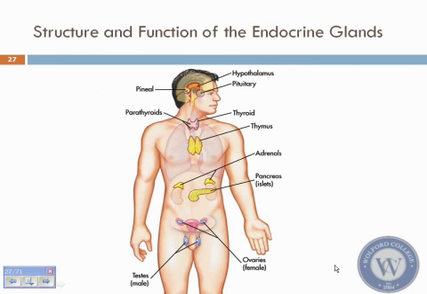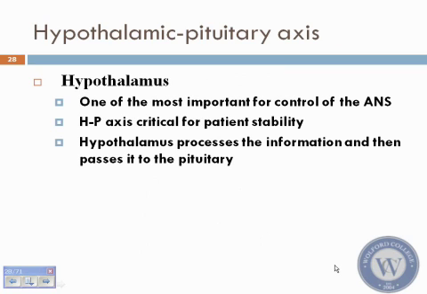Now, the structure and functions that we're going to talk about next is looking at how the hypothalamus, which is ultimately to a certain degree controlled indirectly by the cortex, the emotional level of the brain, eventually leads to activation of hormone releases from the hypothalamus, which then usually affects the anterior pituitary, which then affects the thyroid, parathyroid, thymus, adrenals, pancreas, as well as the reproductive organs.